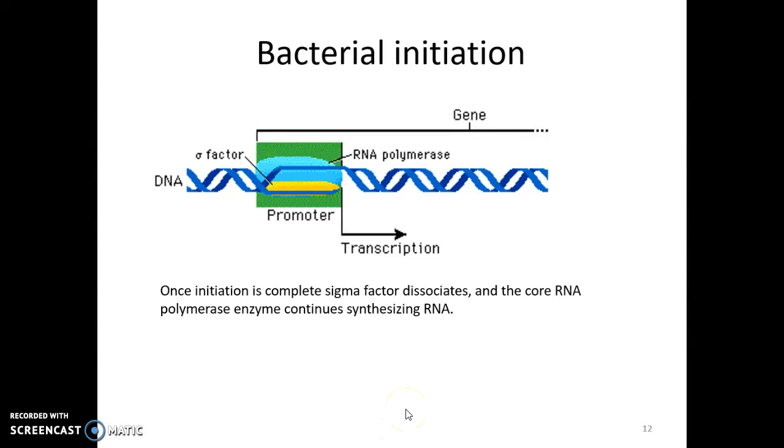So let's go back to bacteria for a minute and talk about initiation. Here is our gene. Here's the promoter sequence in the gene. The yellow is sigma factor of RNA polymerase, which is a subunit of bacterial RNA polymerases. The entire purpose of sigma factor is to bind to the promoter region of a gene, and this little symbol means sigma. Once that sigma factor binds, then the entire core enzyme binds, forming what is called a holoenzyme,